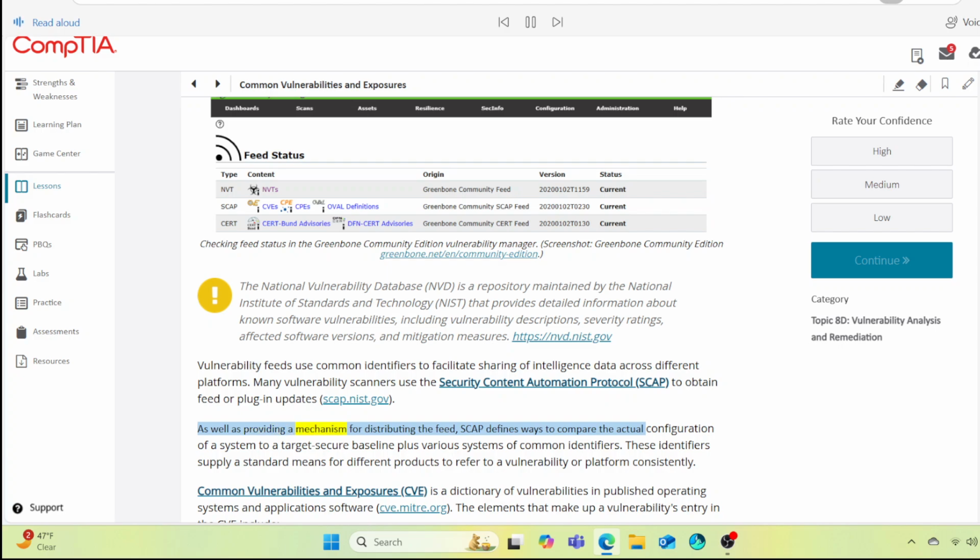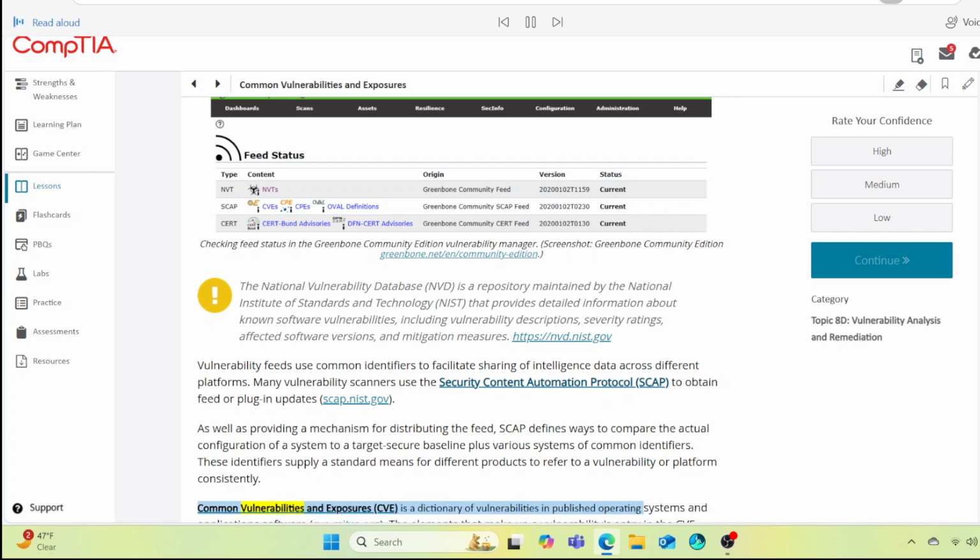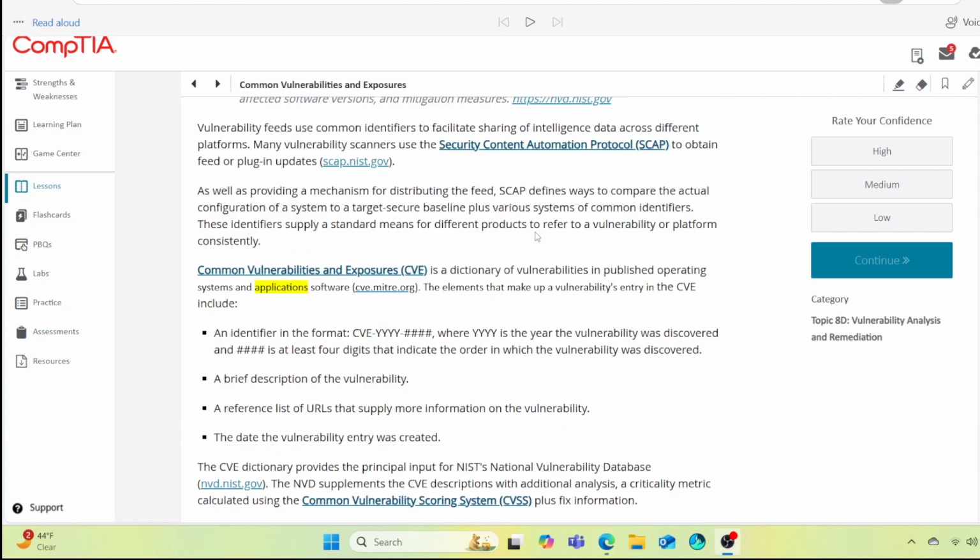As well as providing a mechanism for distributing the feed, SCAP defines ways to compare the actual configuration of a system to a target secure baseline, plus various systems of common identifiers. These identifiers supply a standard means for different products to refer to a vulnerability or platform consistently. Common Vulnerabilities and Exposures, CVE, is a dictionary of vulnerabilities in application software, maintained by MITRE. The elements that make up a vulnerability entry in the CVE include an identifier in the format